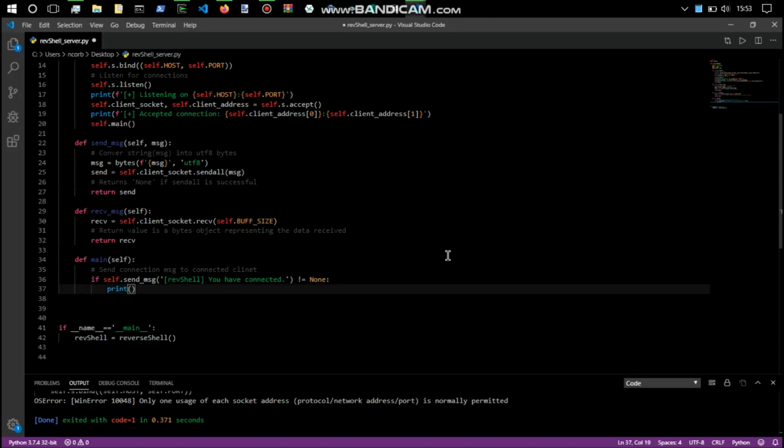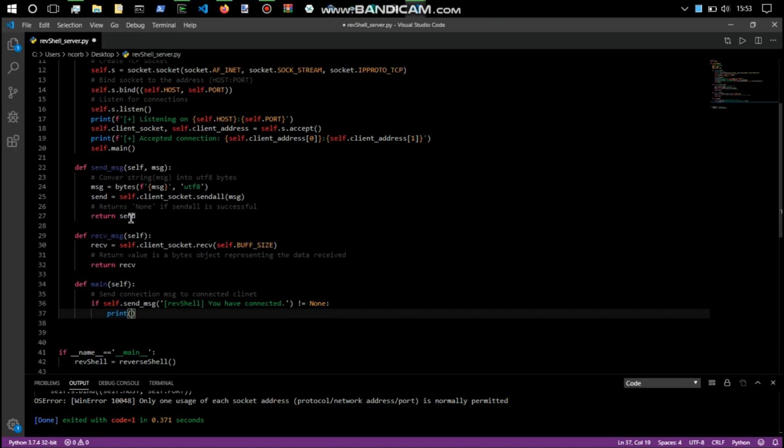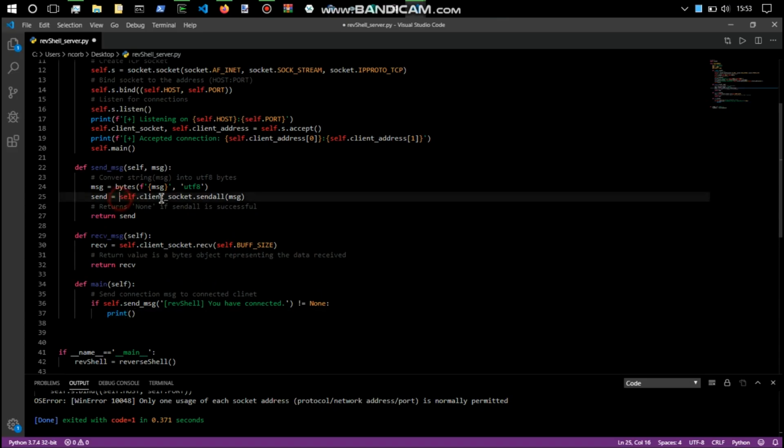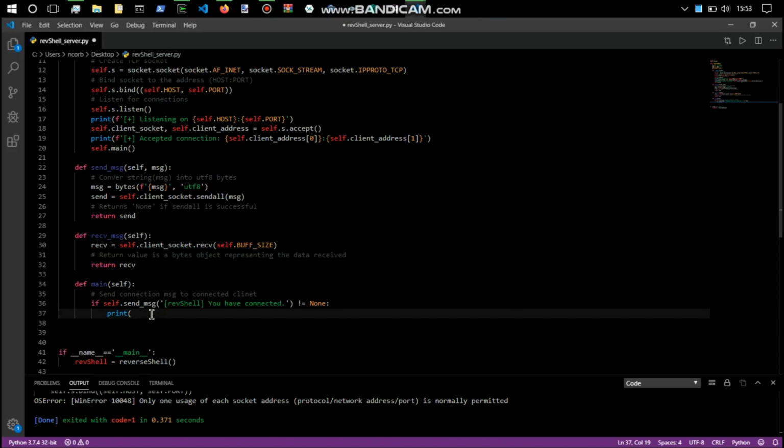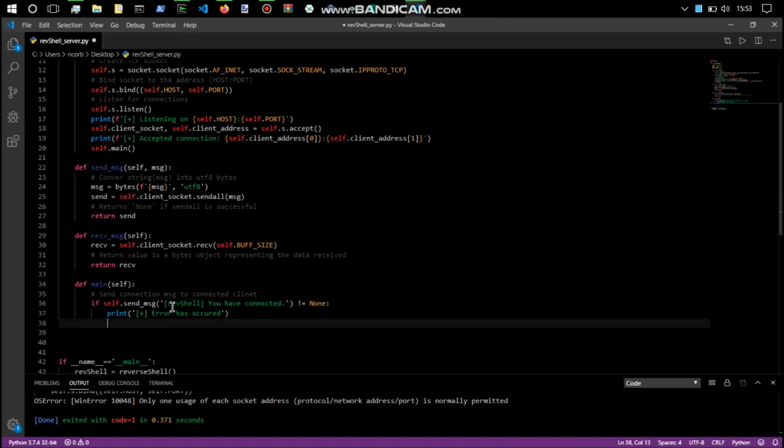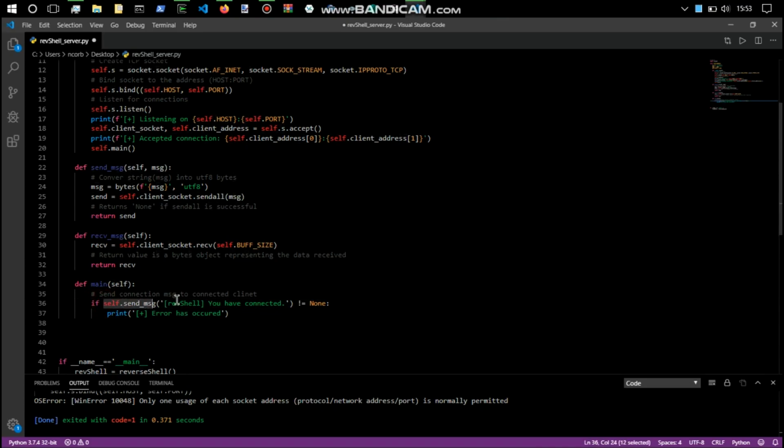then we've got an error basically, because where is it? Yep, send message in the documents, it says that if this returns none, that it was successful. So if it's not none, then obviously some sort of error. So we can use this for debugging. So we can do error has occurred, and even though we are in an if statement, yeah, this method here or function, whatever you want to call it,